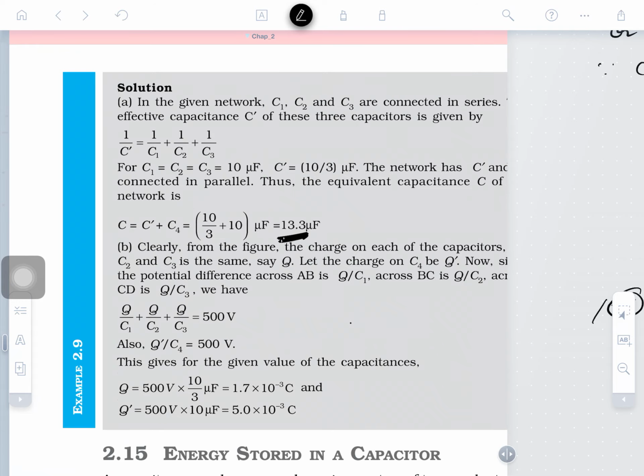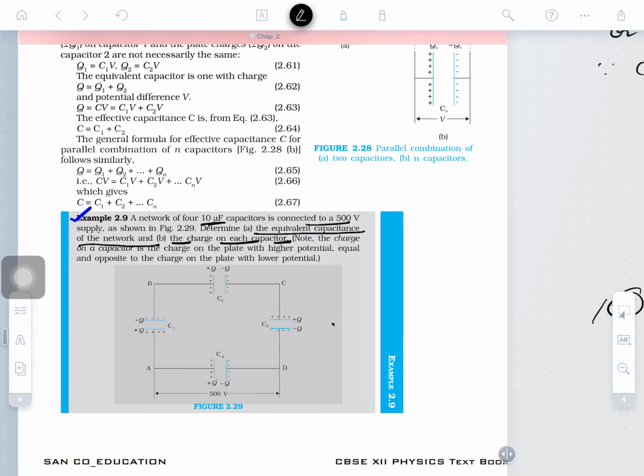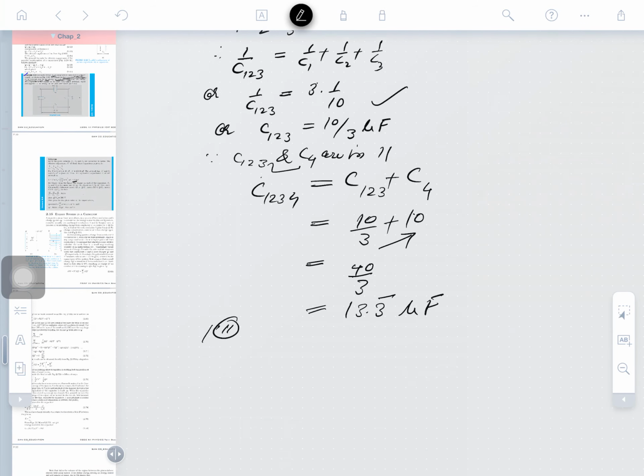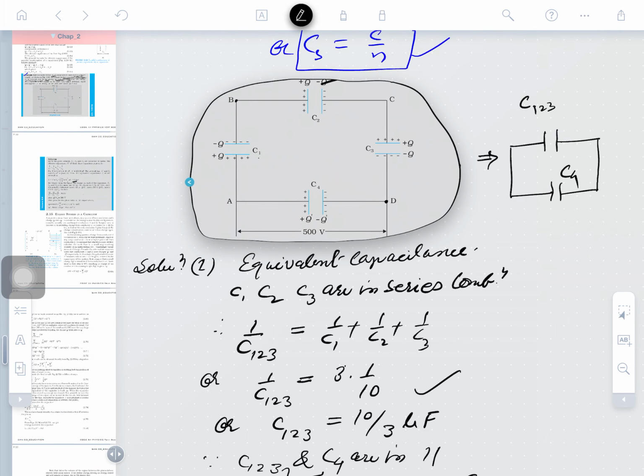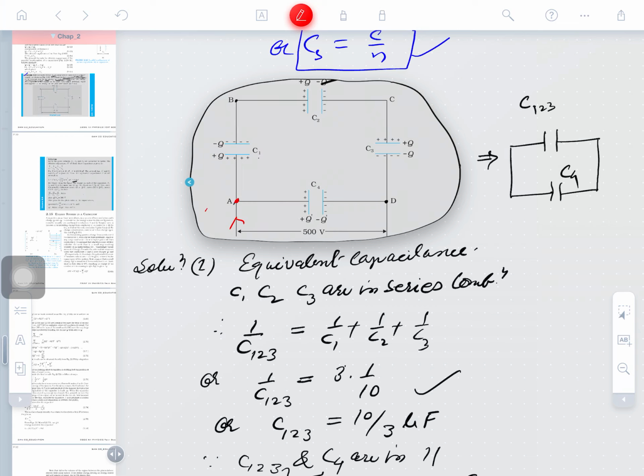The second question is asking for the charge on each capacitor. How much charge develops on each capacitance? Obviously, you may see the circuit here. Suppose at the junction A, Q charge is demanded from the circuit. This is called the total charge Q, and at a point it is distributed into two paths. One is called Q1 and the other Q2. So, Q1 will pass through the branch. The amount of charge passing through C1, C2, C3 is the same, but the other is different. Is that clear, guys?